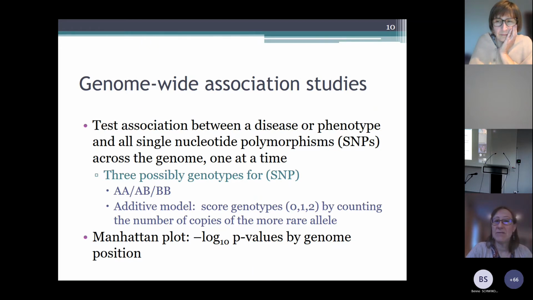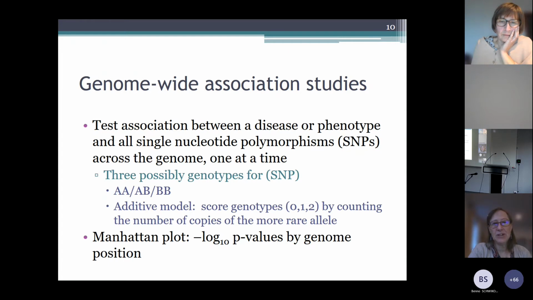Assuming that there are three possible genotypes for any one variant, any one SNP, which I could write as AA, AB, BB in a generic format, what is usually done is to code that in an additive model. So you score that genotype as 0, 1, 2 by counting the number of copies of whichever allele is more rare in your population of interest. So now you have a numeric variable,